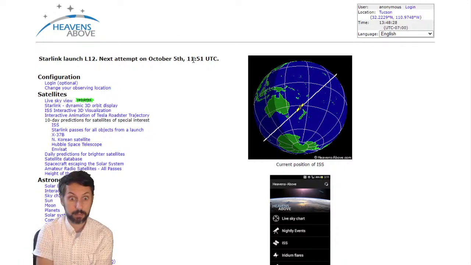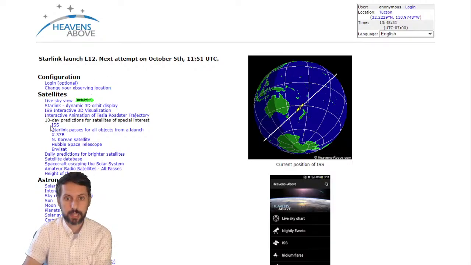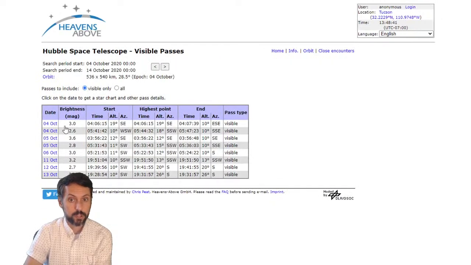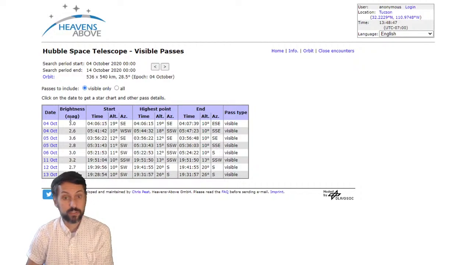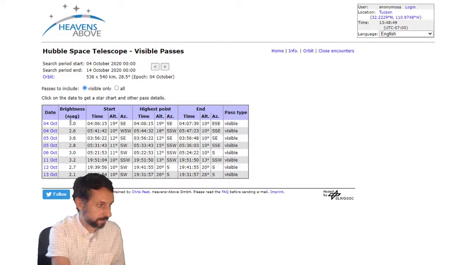Oh, and we're back. And if I click on, there's other things, 10-day predictions for satellites of special interests. There's other things that you can click on here. So you can also click on things like the Hubble Space Telescope. The Hubble Space Telescope is not nearly as bright. Notice the brightness is given in magnitudes that are not negative, they're positive. And so what you're seeing here is that it's actually